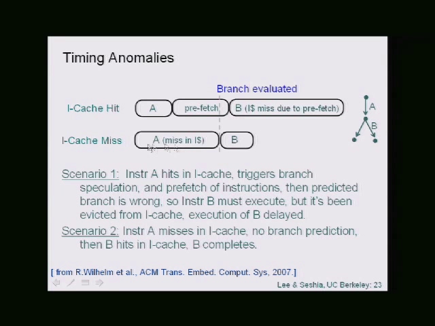So then the pipeline has to stall. You have to bubble out the instructions that you fetched, started executing along this path. So that takes a little bit of time, and then you start executing B. But now executing B takes a longer time because the instructions are no longer in the instruction cache. Okay, so this is a real situation that was observed